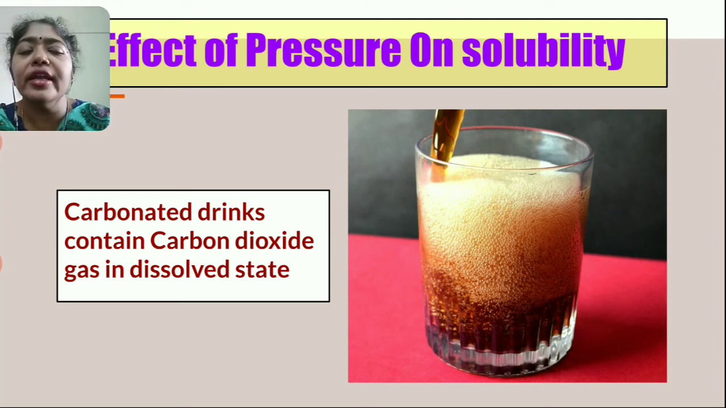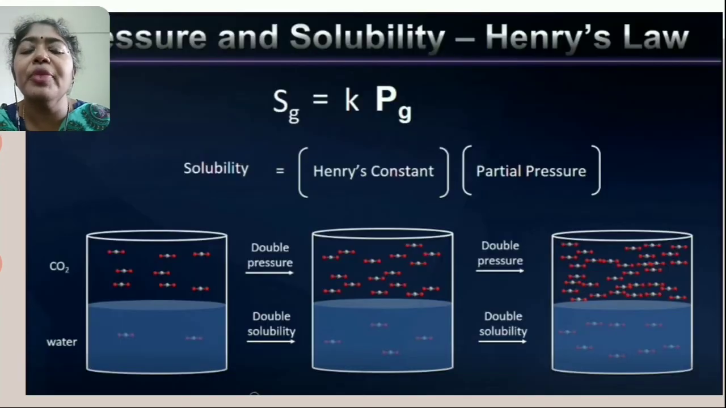So this indicates that when the pressure is increased, more carbon dioxide dissolves into the drink, and when the pressure is released, the dissolved carbon dioxide gas escapes, indicating that there is a direct relation between pressure and solubility of a gas in a liquid. This is stated as Henry's law. Henry stated that the solubility of a gas in a liquid is directly proportional to the pressure of that gas